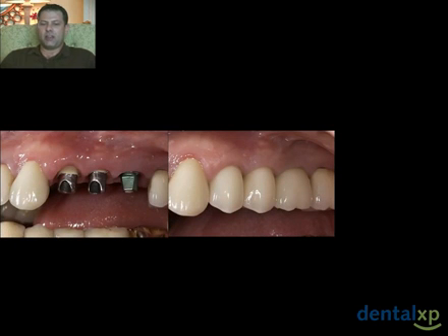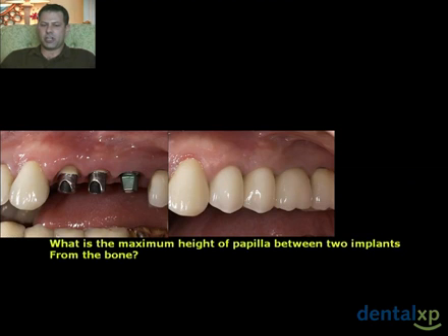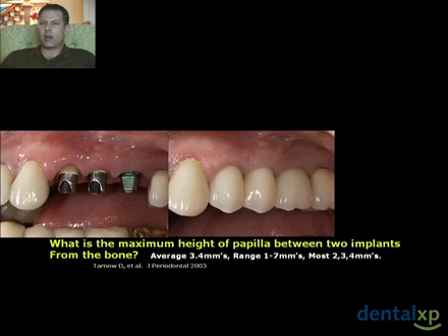You can see the final abutments, again, porcelain fused to metal abutments, and the final restorations on the 2 bicuspids and the molar. Considering that these implants are close together, this is about as much as you're going to get, because the maximum height of the papilla between 2 implants from the bone is on average somewhere around 3 to 3.4 millimeters. The range is 1 to 7, but you're not going to get the same as you have between a tooth